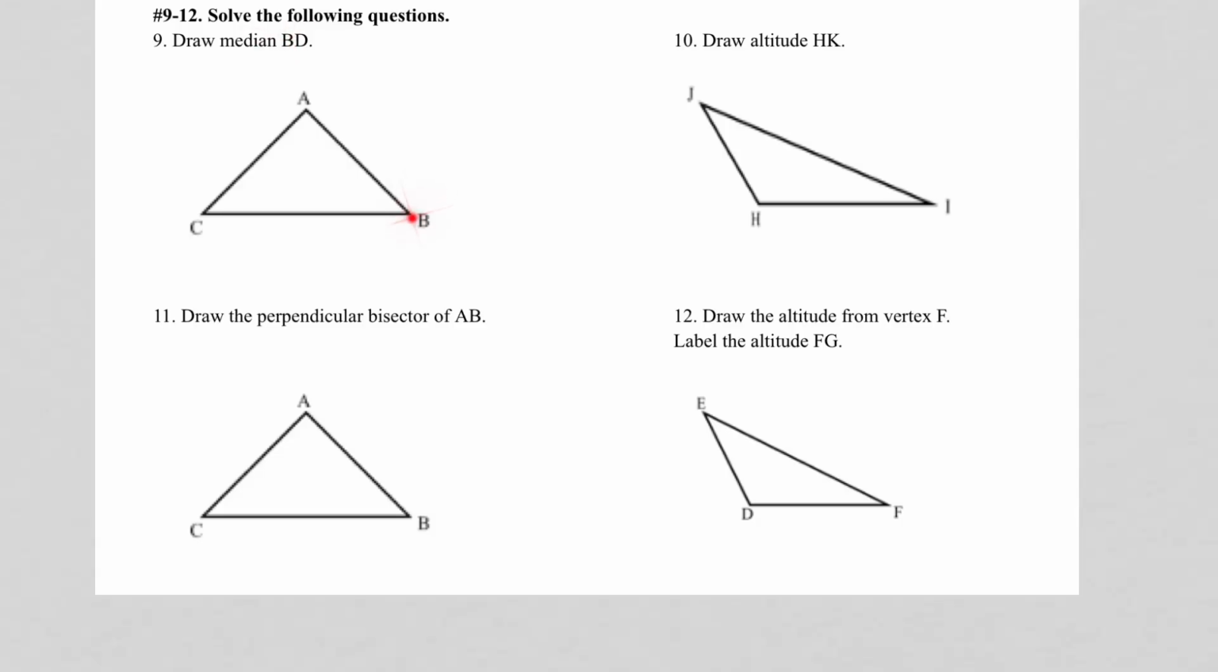Okay, BD, here's B, so D must be over here, and the median gets the midpoint. So I'm going to do this, and I'll call that D, and then I'm going to use a straight edge and draw a line from B to D. And that's it. Altitude HK, so K must be over here, and I've got to draw a line that's perpendicular,